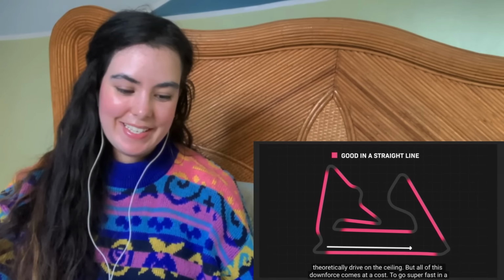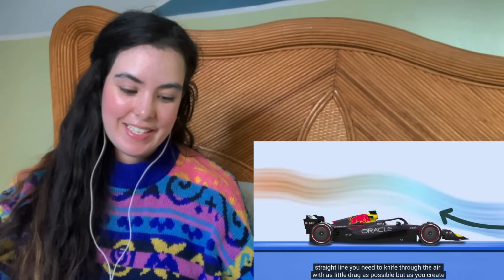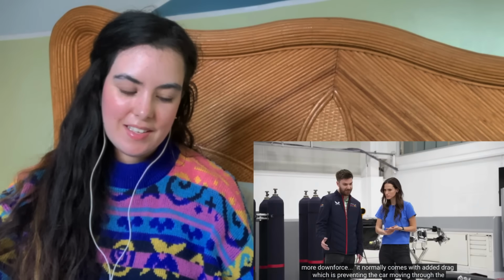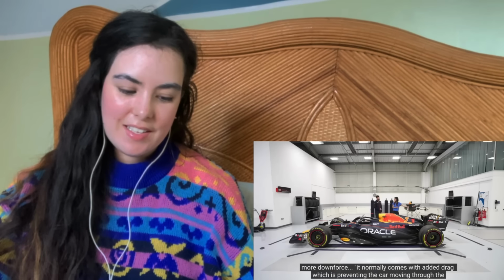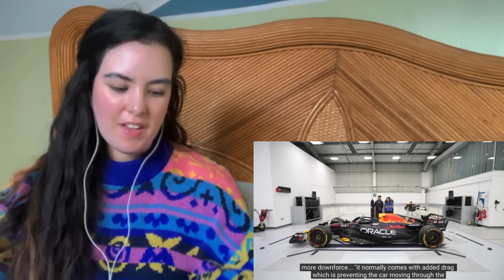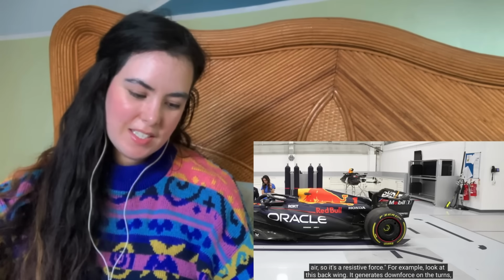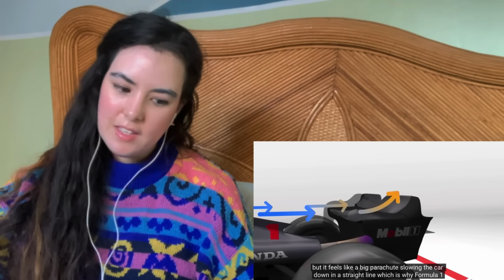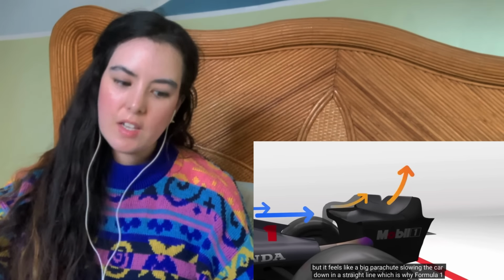But all of this downforce comes at a cost. To go super fast in a straight line, you need to knife through the air with as little drag as possible. But as you create more downforce, it normally comes with added drag, which is preventing the car from moving through the air fast in a straight line. So it's a resistive force. For example, look at this back wing. It generates downforce on the turns, but it feels like a big parachute slowing the car down in a straight line, which is of course why